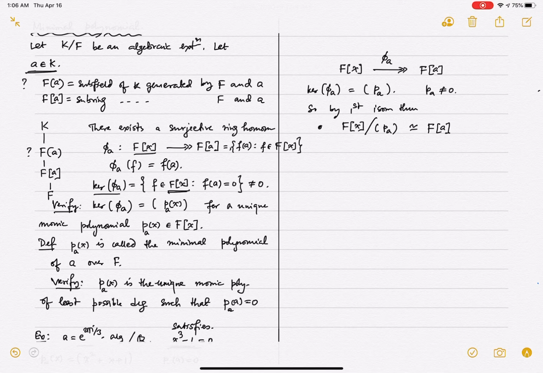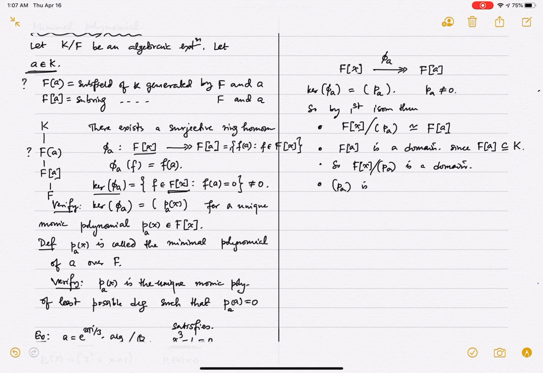Now some magic happens. You note F[A] is a domain. Why? Because it's after all sitting in a field, and the field is a domain. Since it's a subset of a field after all, there is no zero divisor. Okay, so it's a domain, so this is a prime ideal. And it's non-zero, so it's a non-zero prime ideal. That's how you tell something is a prime ideal. When you quotient by it, you should get a domain